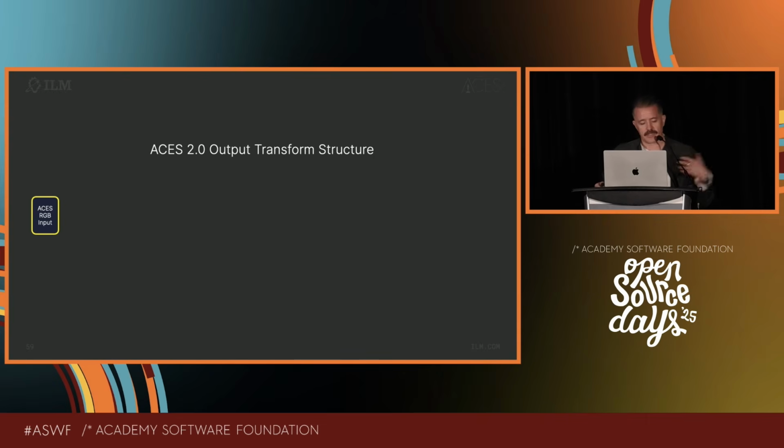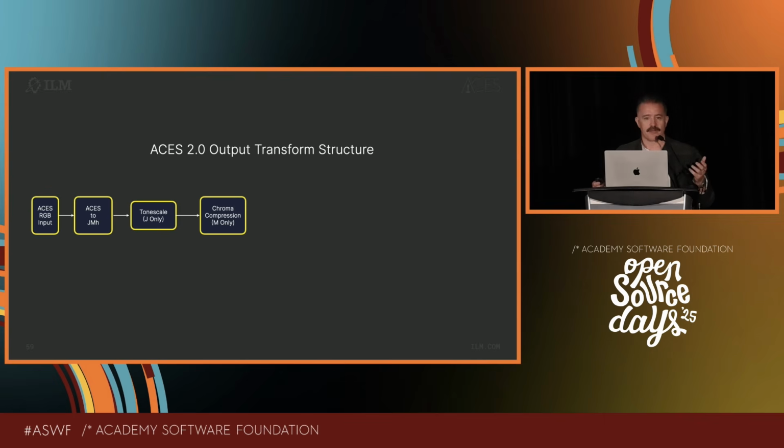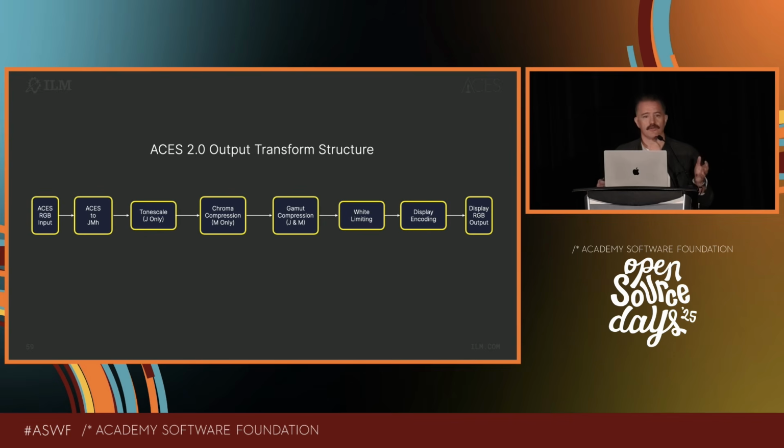like this. So we take our RGB input data, we go through our CAM into JMh, we apply our tone scale just to the J component, which means that we are leaving hue and colorfulness stable. We have a chroma compression step. This is the most subjective part of the whole transform. This is where we sort of bring certain values under control, leave others alone, try and protect skin tones, get the neons under control. Then we have a technical gamut compressor, which pulls stuff into the final display hull that we're working with. And then we really just prep the thing for display after that. So we're trying to do as little as possible, but making it fit where it needs to fit, which is